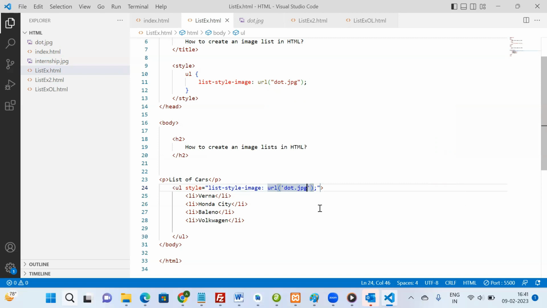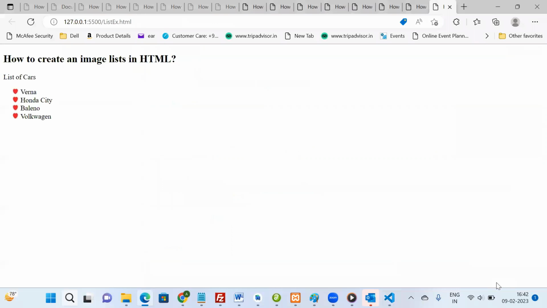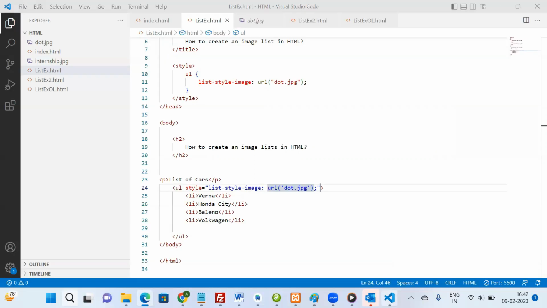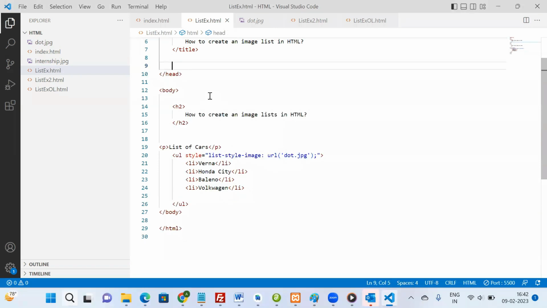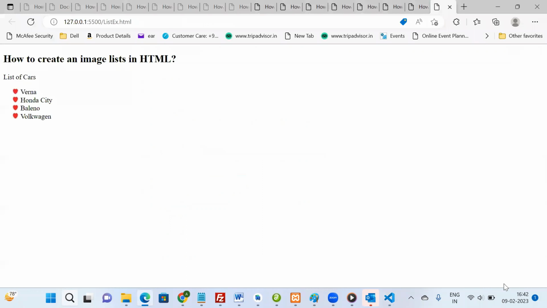Let me check once more. Let me remove it from the header. So in this way also, we can